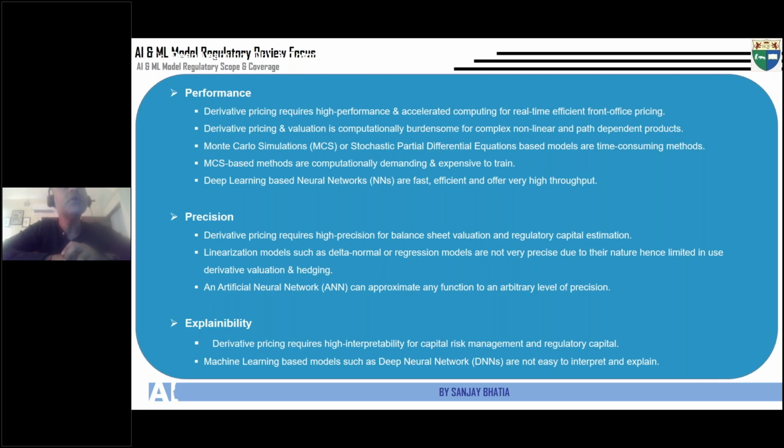If you get the output, what Basel says is that your output should be analytically traceable. Somebody should be able to trace back what went into the model, how the model estimated that particular output based on the input, what kind of functions were applied, and what kind of parameters were used. But that kind of transparency, interpretability, and attribution of the drivers, what led to